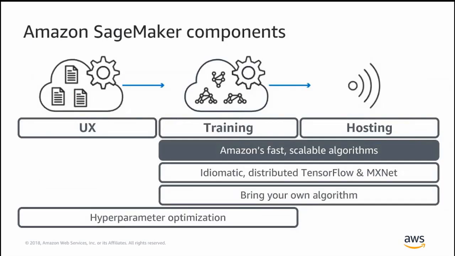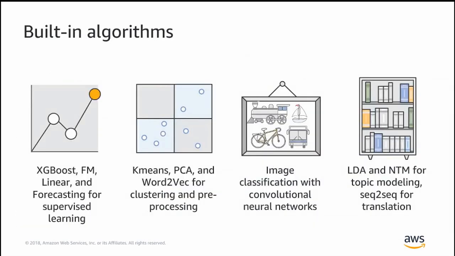The first layer that we'll talk about is Amazon's own fast and scalable algorithms. We've built several SageMaker algorithms ourselves, and we have our own implementation of XGBoost. We also coded up factorization machines, linear regression and classification, and forecasting for supervised learning use cases. We have K-means, PCA, and word2vec. These are common algorithms in either the preprocessing or clustering space. And then we have several other